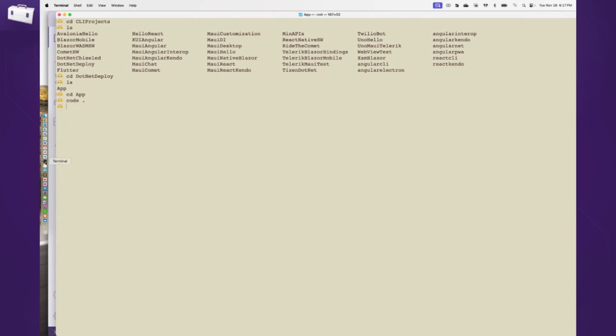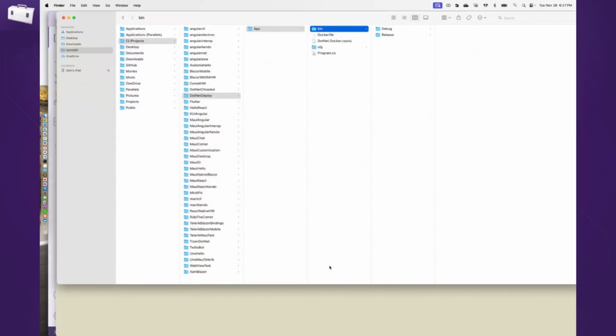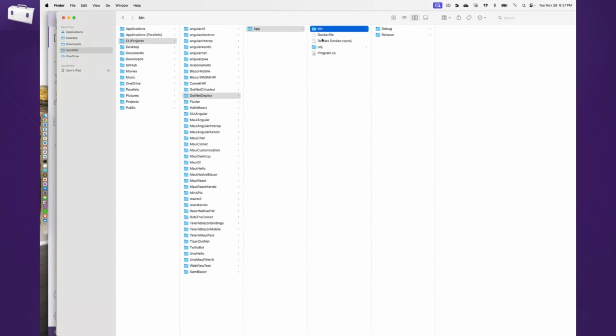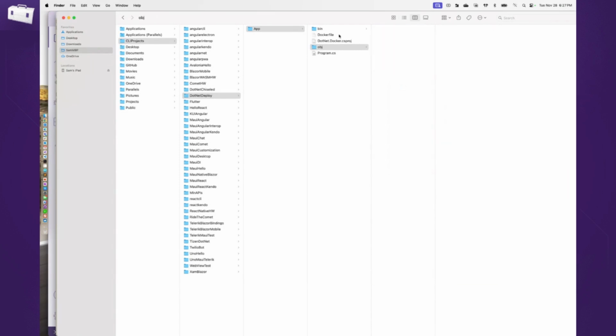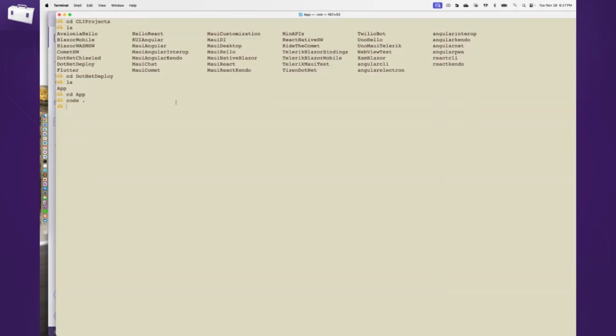So let's go in here, and actually, before we do that, let's go back in here. I'm going to show you what it's doing. This is the portability of .NET. So this is our object folder, our release folder. Let's blow things away completely, so we can rebuild these things as we go. So we blew away the object folder. The bin doesn't really matter. So let's do a .NET run.